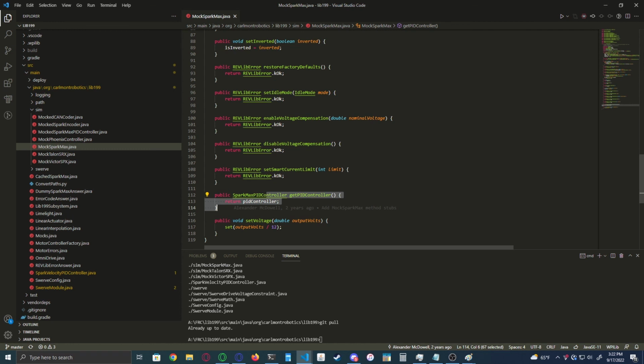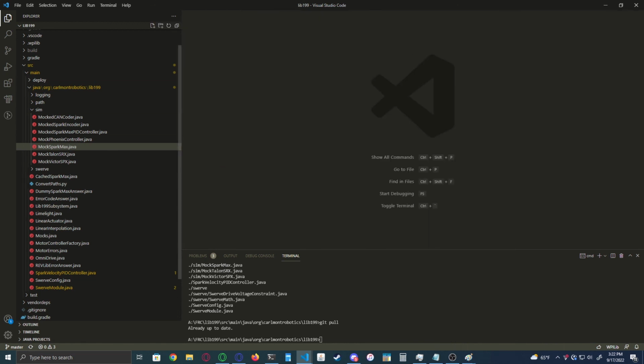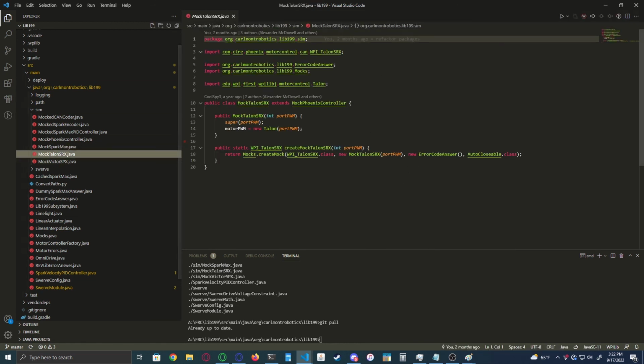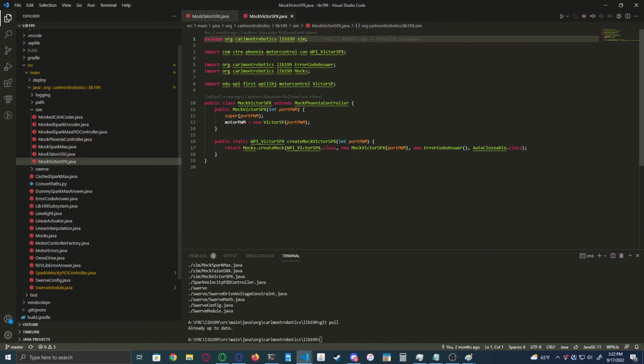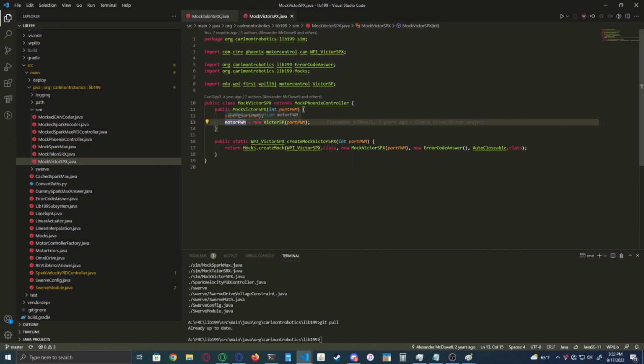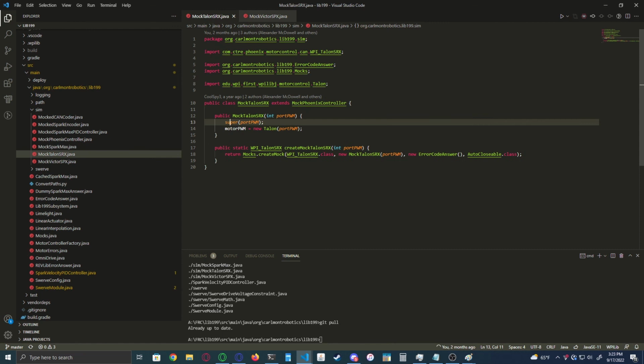Get PID controller does that, and then to set a voltage, just call set with the percentage. And there you go. And then finally, MockTalon and MockVictor are pretty simple. They just create a motor PWM, which is